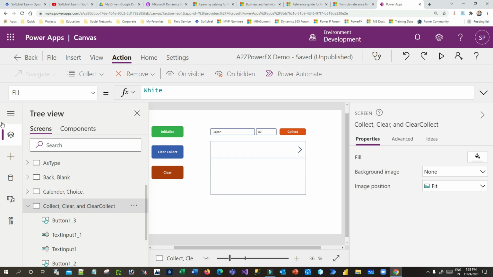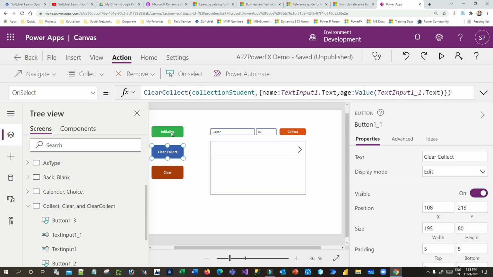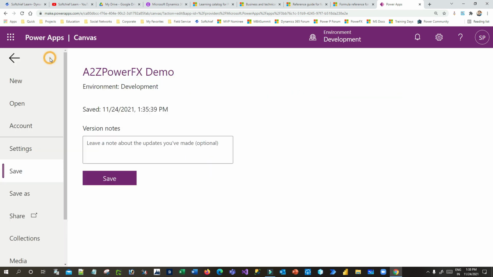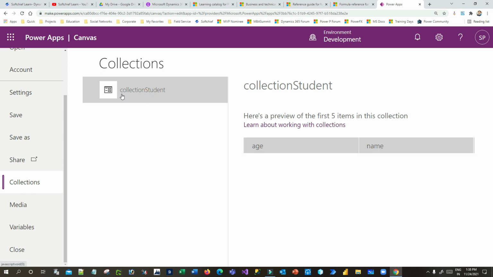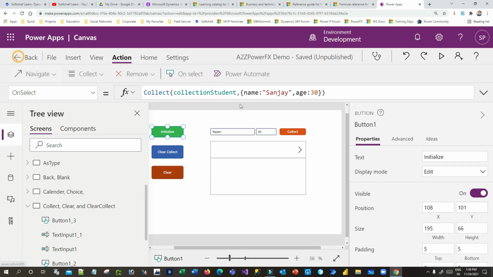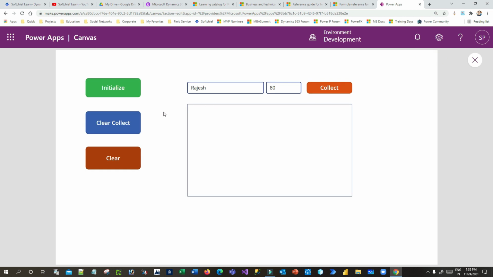Now there is also an option here, if you want to check what collection items are available in the collection object: if you go here in the file and scroll down to collection, you will see your collection here. By default it is age and name. These are the 2 columns I have added to this collection object. Because it is blank now, it is not showing anything. If you go to your app and do something, let me add some, click on initialize, click on collect.